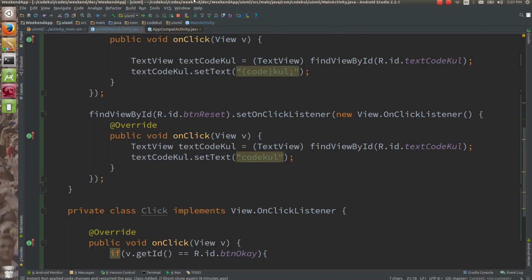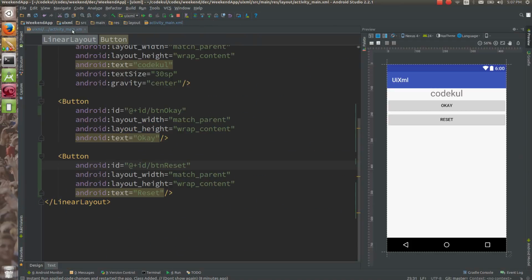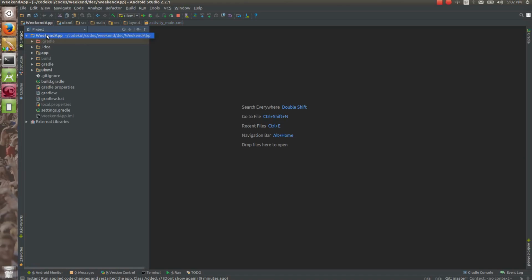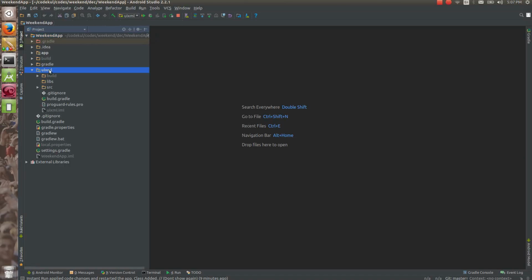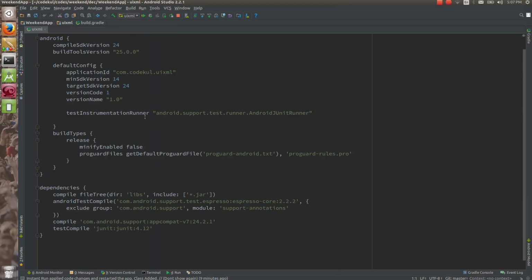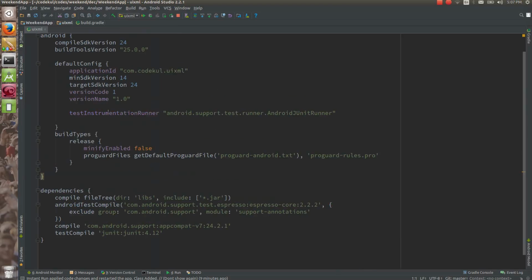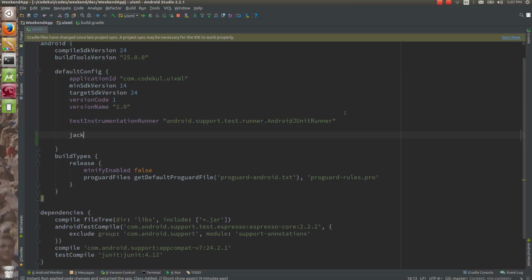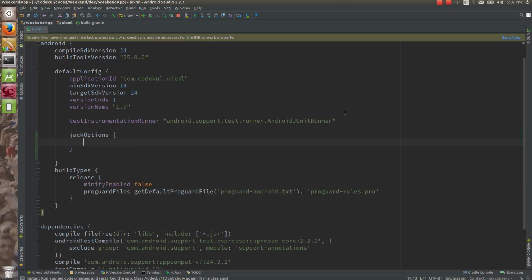Okay, now enabling Java 8. How are you going to enable Java 8? Let's go to build.gradle over here, and can you see this defaultConfig closure over here? Into this defaultConfig closure you can have jackOptions enabled true, like this. Jack options enabled true, and